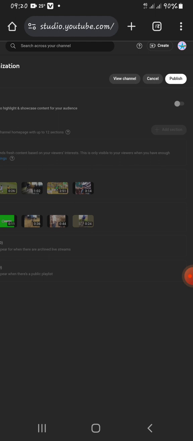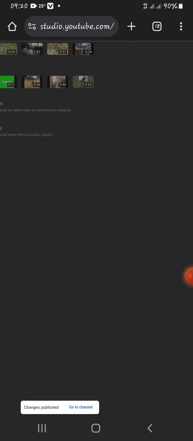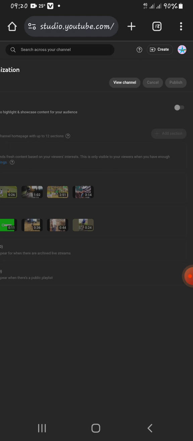After turning on your home tab button, now you publish it.